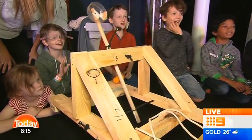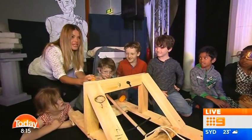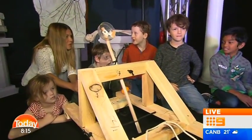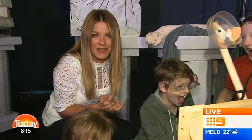And fire! Woo! There we go. Oh, maybe I'll have a little go. Grab one of these balls and catapult. Yeah. Oh, kids, what's that? What's that sound? I think there's a volcano about to erupt, so I better get on and read my...